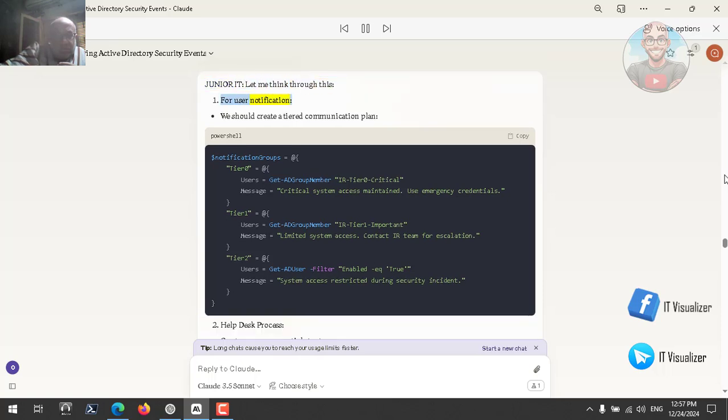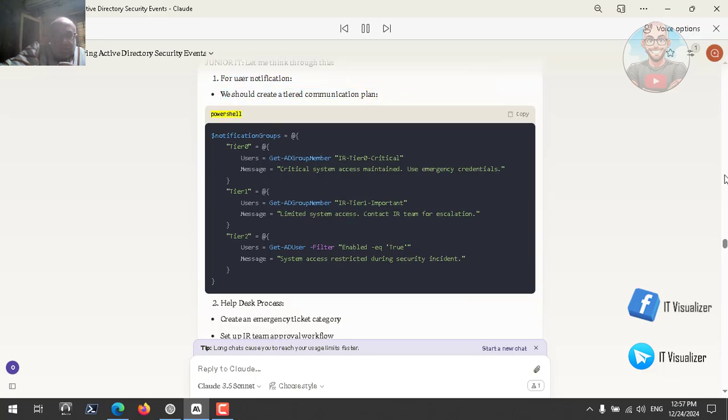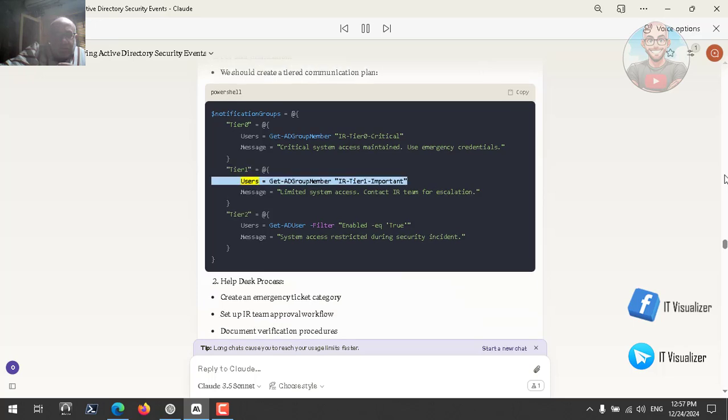For user notification, we should create a tiered communication plan. PowerShell: $notificationGroups = @{Tier0 = @{Users = Get-ADGroupMember IR; Message = "Critical system access maintained. Use emergency credentials."}; Tier1 = @{Users = Get-ADGroupMember IR; Message = "Important: limited system access. Contact IR team for escalation."}